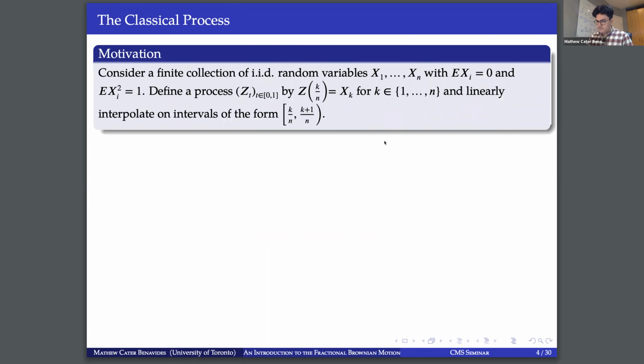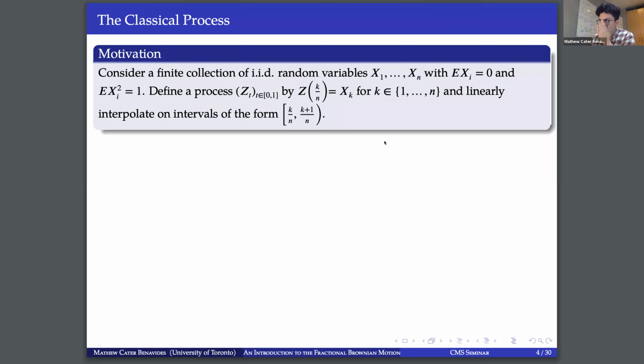So I'm going to motivate it as follows in a form of a random walk effectively. So first, consider a finite collection of IID random variables. And for those less familiar, we can just think of that as a set of n random data points for right now. And suppose that they all have a mean 0 and that of a unit variance. Okay, so from there we can define what we're going to call a process, and I'll also introduce the notion of a process here a little bit as well, as follows. We can think of it as a random function, right? So what's happening is we're developing a function on that of the unit interval of time. We can think of it